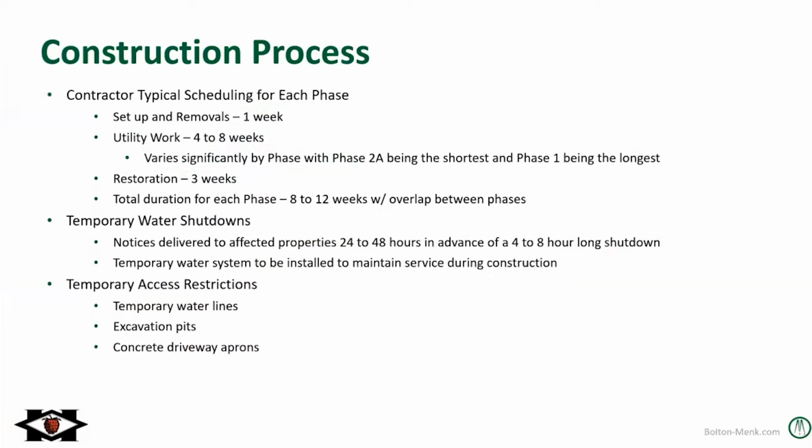So the typical construction process and schedule for each individual phase: there'll be about 1 week of setup and removal of pavements, then about 4 to 8 weeks of utility work. This does vary quite a lot between phases, with phase 2A being the shortest and phase 1 being the longest, just depending on how much pipe they need to do in each phase and the method of installation. Restoration of turf, driveways, pavement, trail, and sidewalk will take roughly 3 weeks for each phase. So total duration for each phase, we're looking at about 8 to 12 weeks with overlap between phases, meaning they could be doing the restoration of phase 1 while at the same time starting the removals and utility work on phase